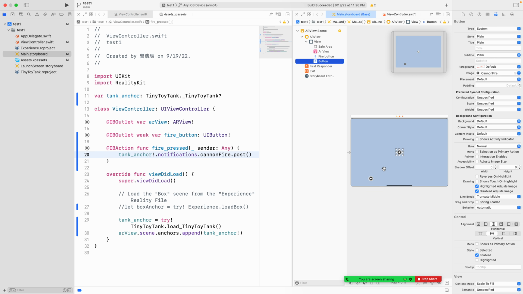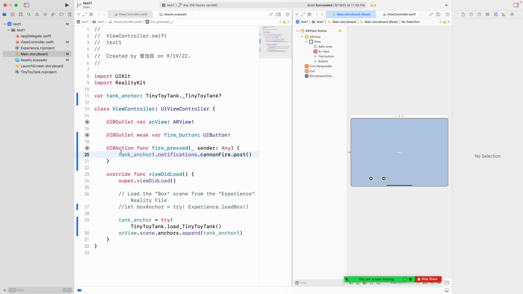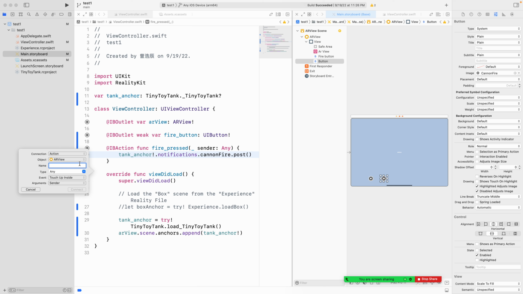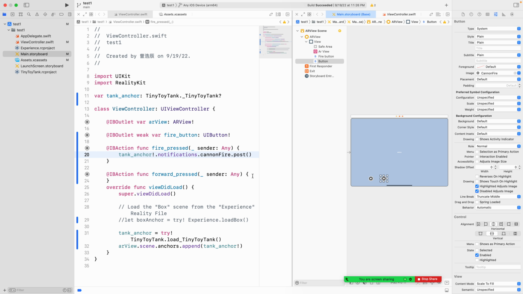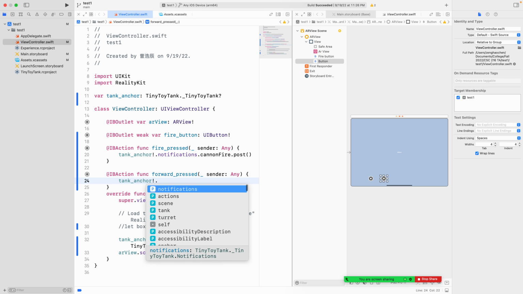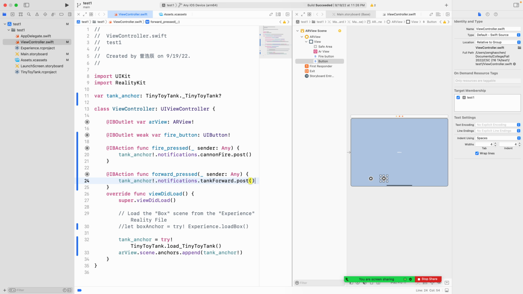So I can just copy and paste this one real quick. Fire button. I'm going to drag it over here. And I'm going to change the image to, I guess, also cannon fire. I'm going to create another action just for this button specifically. I'm going to call this one forward pressed. And I'm going to do the same thing, but this time I'm going to add a different behavior. So tank anchor.notifications.tankForward.post. Right? So this time if I run,